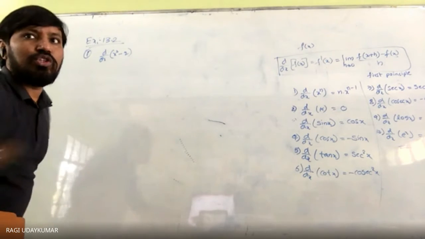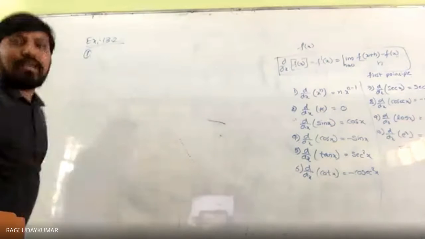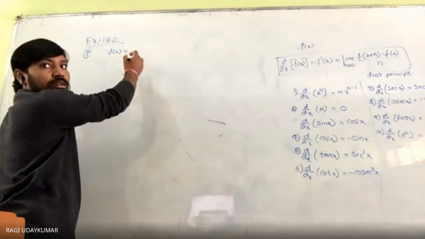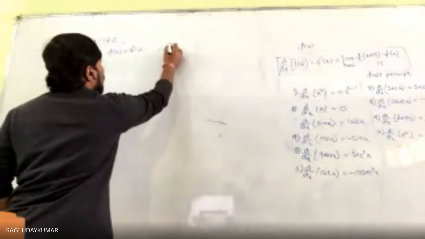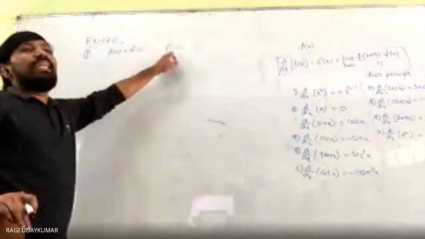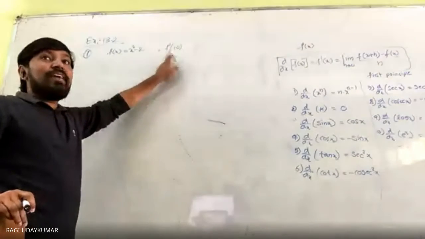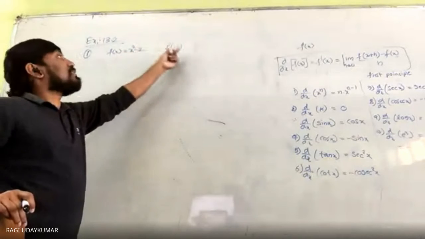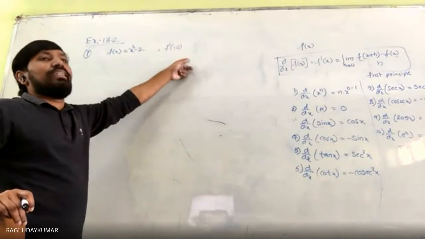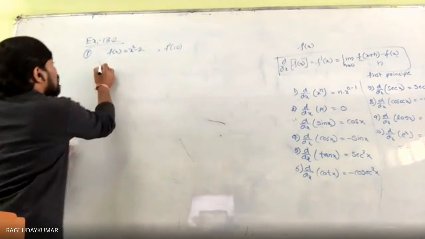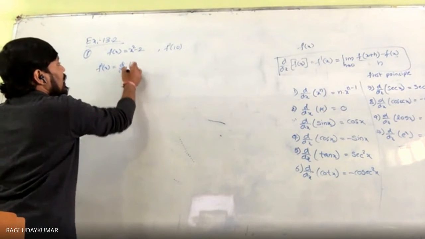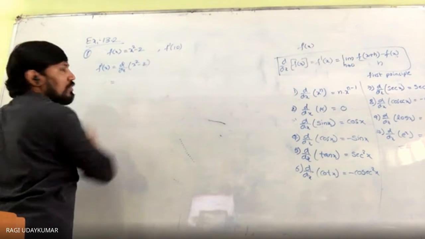So actually whenever the question is given to you, you have to consider it as f of x is equals to x square minus 2 and asking you to find out f dash of 10. Derivative of this function at x is equals to 10 means symbolically you can write it as f dash of 10. So f of x is equals to this one means f dash of x is equals to d by dx of x square minus 2.